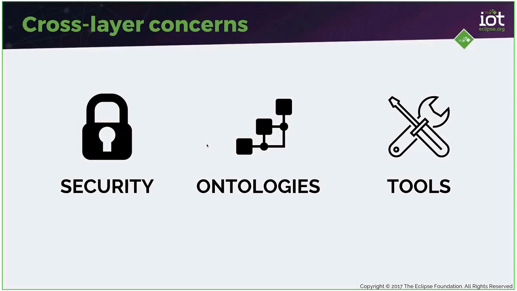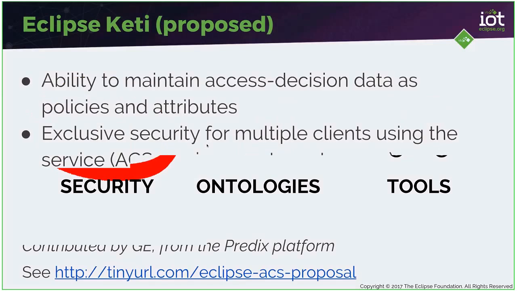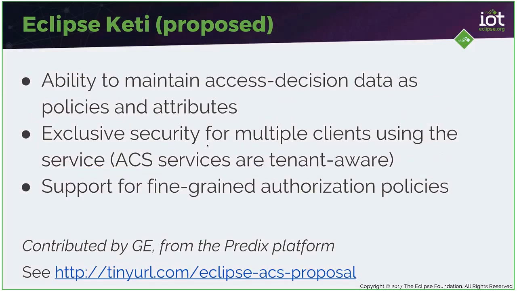Now moving on to the cross-layer concerns, beyond purely the three stacks, there are, like I said earlier, security concerns, data semantics and ontology concerns, as well as tooling. Around security, we have Eclipse Kitty, a project contributed by General Electric, GE Digital, from the Predix platform. Essentially, it's taking OAuth in terms of authentication and authorization,